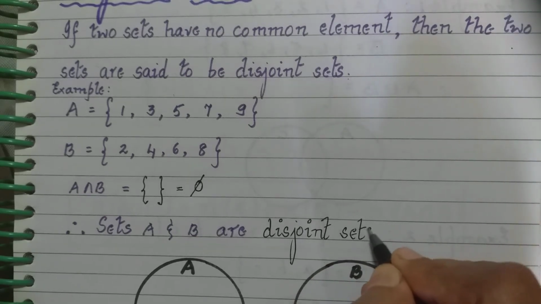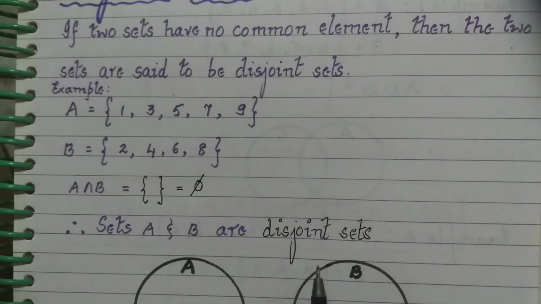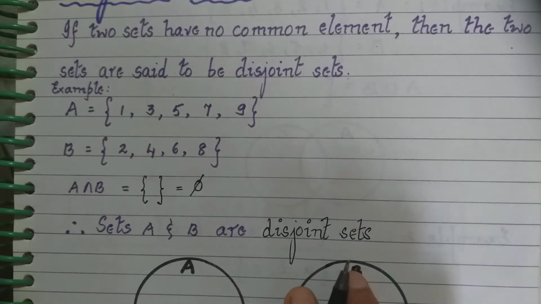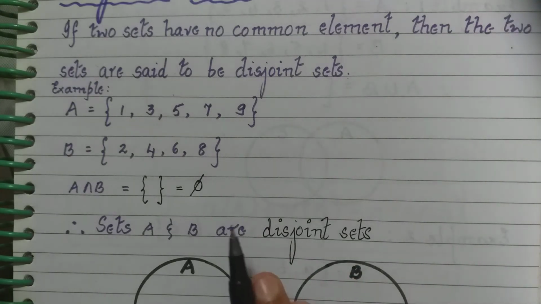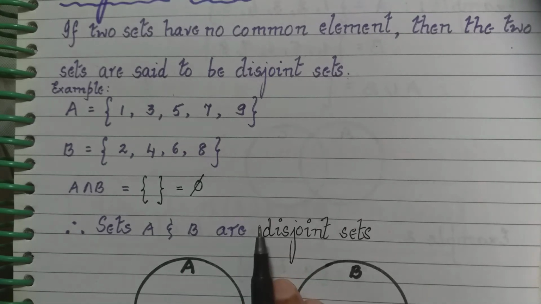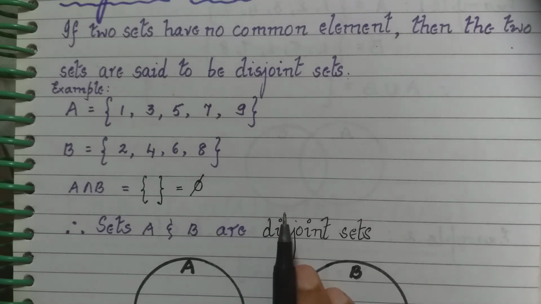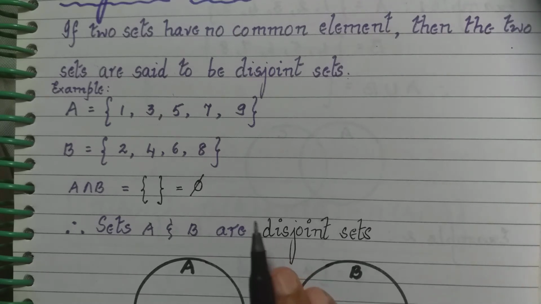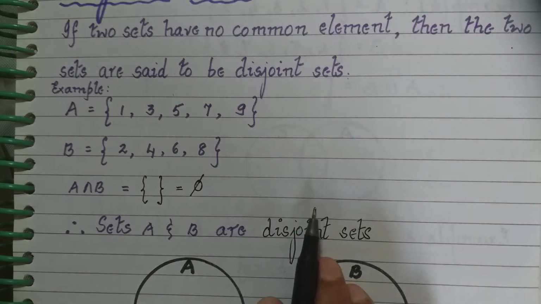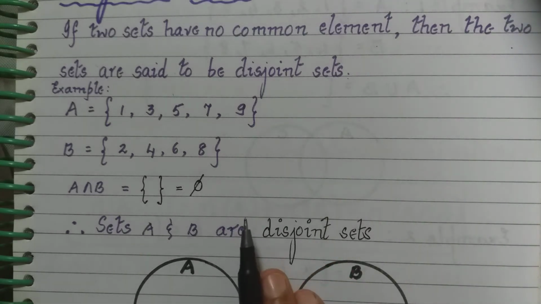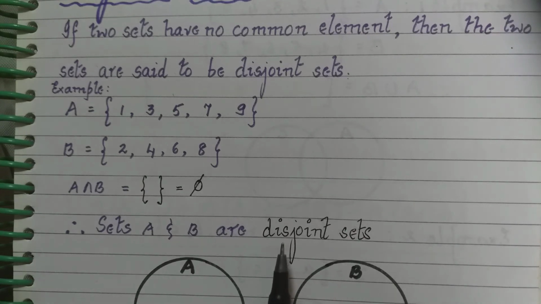Will they be touching each other? Will they be overlapping each other? Will one set be a smaller part of the other set? No, in none of these. They won't be touching each other because there is nothing in common between them. They won't overlap each other because only when there is an intersection will they be overlapping each other. One set will not be a part of the other because one set is not the subset of the other.